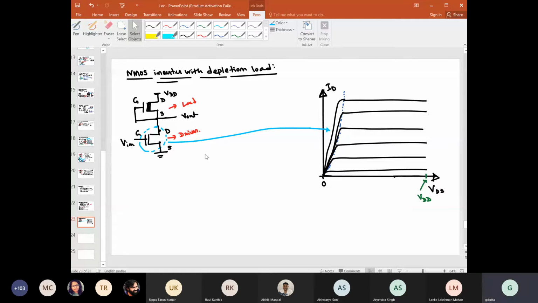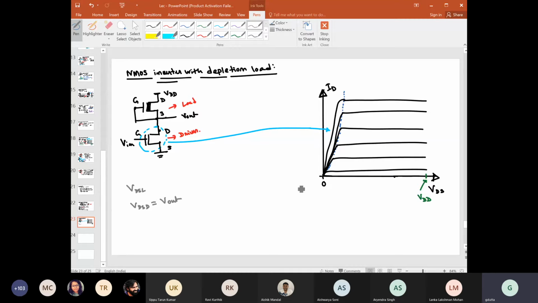Okay. See, this is just for our rough work. See here, this is VDS, and this is also VDS. So let us write this VDS as VDSL, right? So this is VDSL. And let us write this VDS as VDS driver, VDSD, right? Then we know this VDSD is equal to V output,